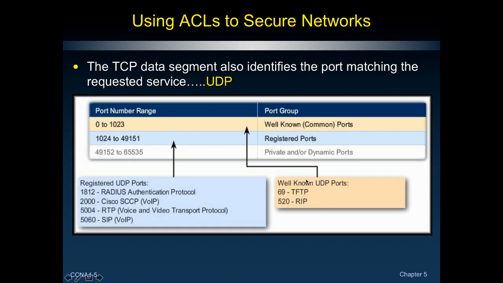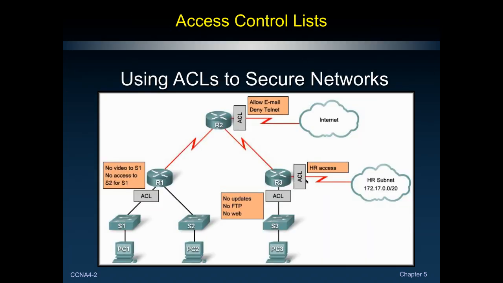So let's talk again about how we can monitor the TCP or UDP packet. Like for example, in this diagram, you can see the statement here is that in the ACL they want to allow email and deny telnet. So email and telnet, how we can filter it is we will filter based on the specific port associated with the service. Like for example, here, for email,